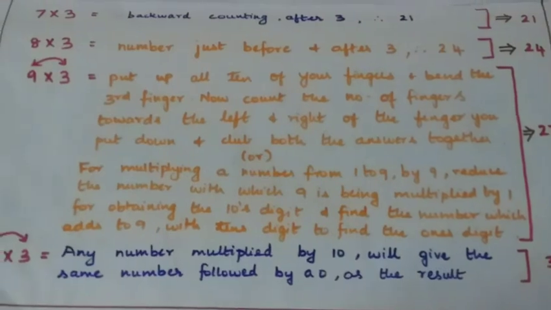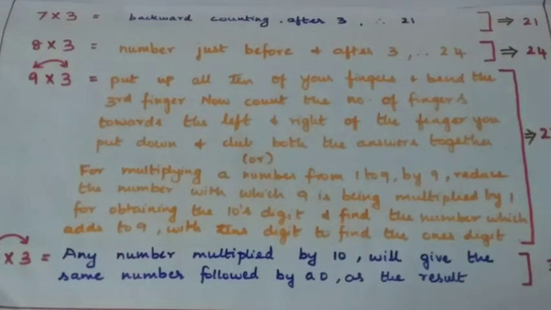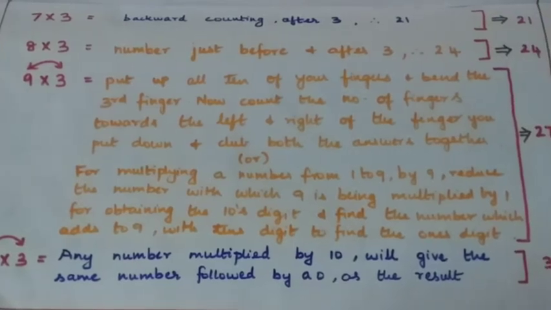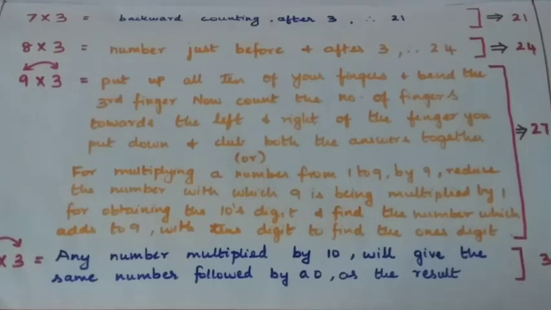So for each and every row, I have provided the trick and tip that would make the learning of table 3 very easy for the kids. These tricks will not only help your child to write the table 3 sequentially, but even when you question them suddenly or unexpectedly, they will be able to answer, because for each and every row we have provided tricks and tips in such a way that the child will never forget it.